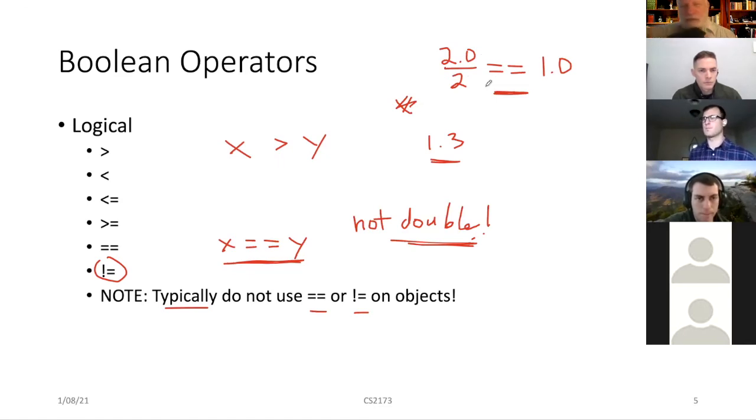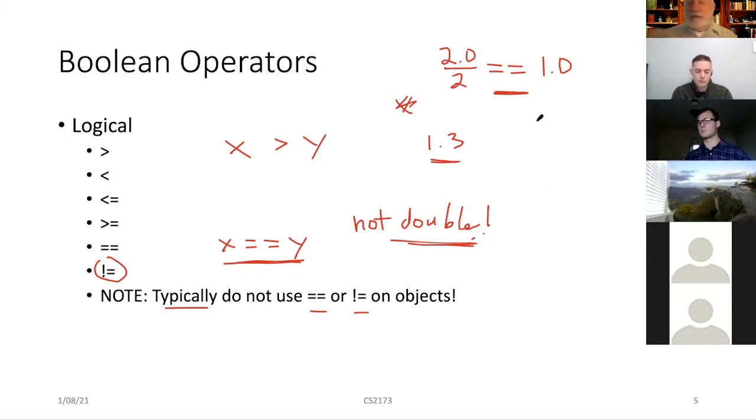Now, this is kind of a legacy thing, and to be honest, I think this is something that they shouldn't allow, but they do. And it's kind of at the margins. If you're really being strictly, strongly typed, then it shouldn't be allowed. But in practice, it actually is. I'll come back to this, and we'll talk about expressions and how this works. But just briefly, if I have an expression that involves integers and doubles, then the answer is going to be a double.